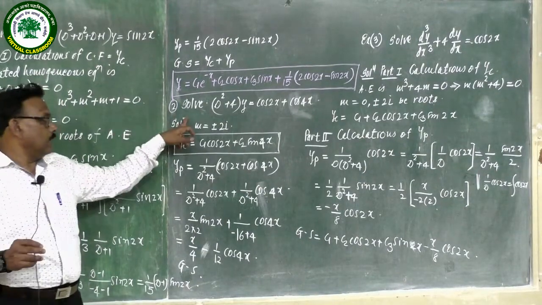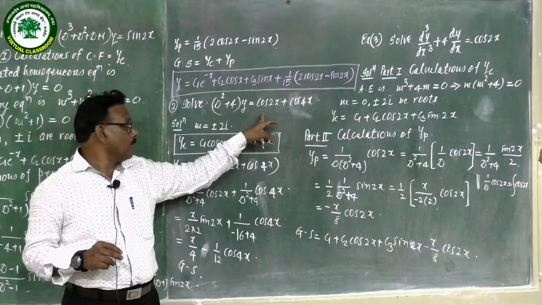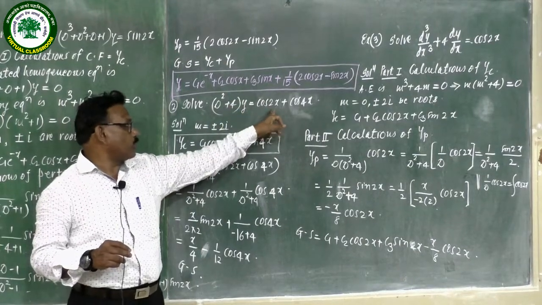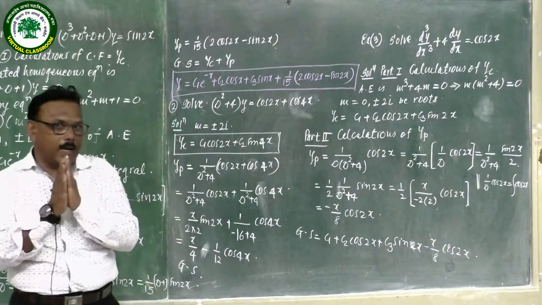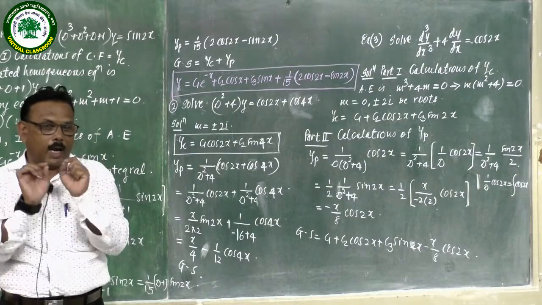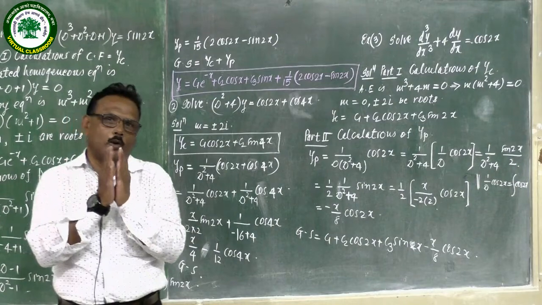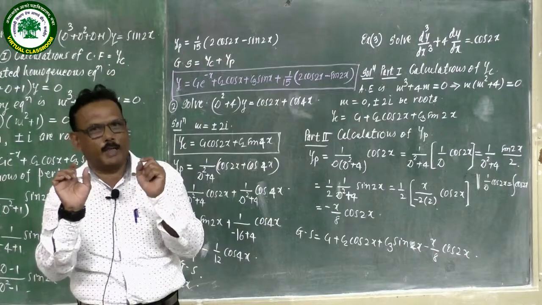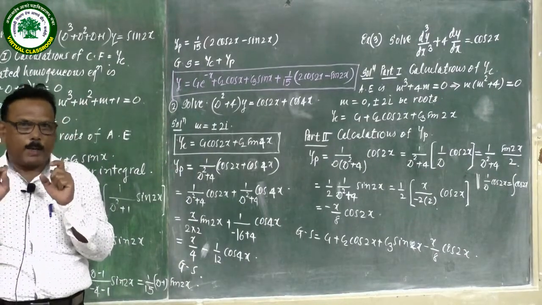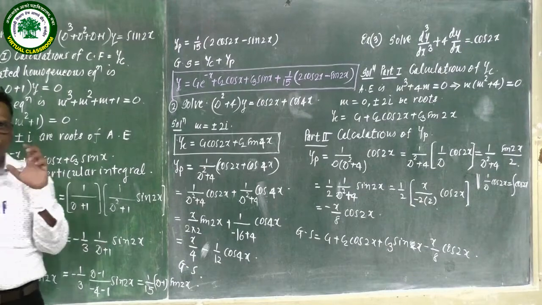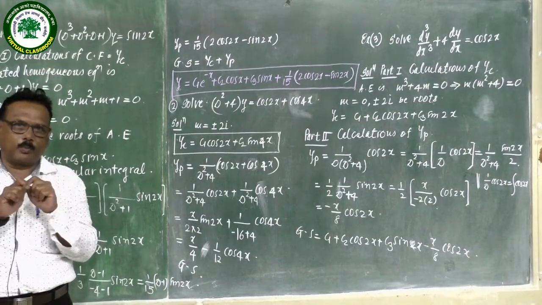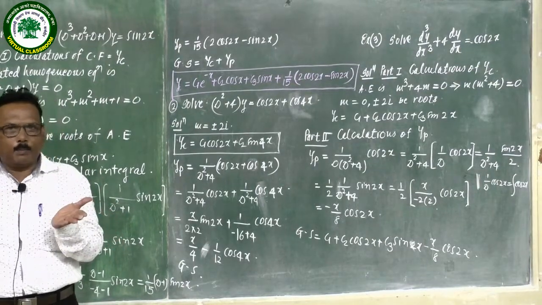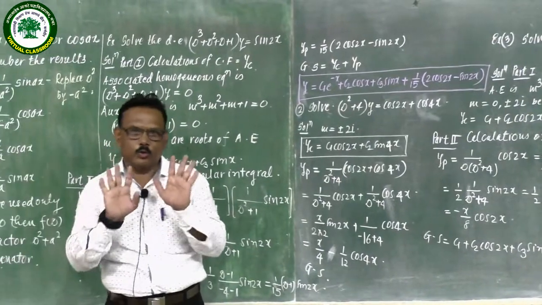Here in this case, you have to use two results directly. (D square plus 4)y, solve this differential equation: (D square plus 4)y is equal to cos 2x plus cos 4x. Always remember that when you are going to calculate the complementary function, if the left hand side is simple, then the right hand side will be slightly complicated. That means if Q(x) is complicated, then the left hand side, that is finding the auxiliary equation and the complementary function, will be a simple job. If it is simple, then the particular integral is slightly complicated. You should always remember that.